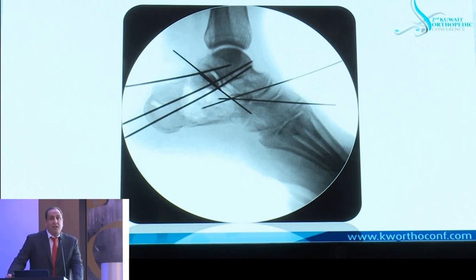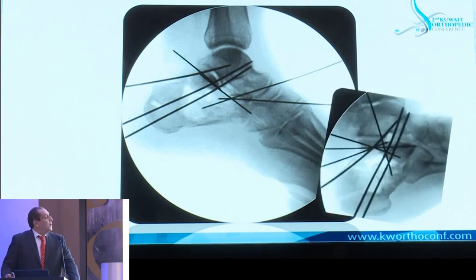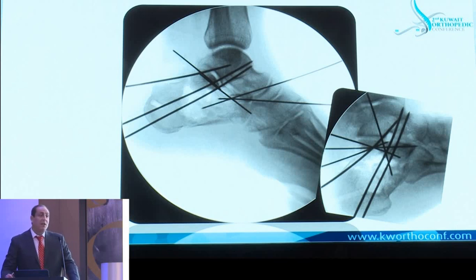My advice is not to trust the lateral view of the calcaneus to assess the quality of your reduction. The best thing is to go through the 4 degrees of Broden's view to see if there is an articular step, because the superlateral fragment is almost always rotated and depressed. If you elevate it without derotating it, you will get a step, especially in the posterior part, which is clear, and